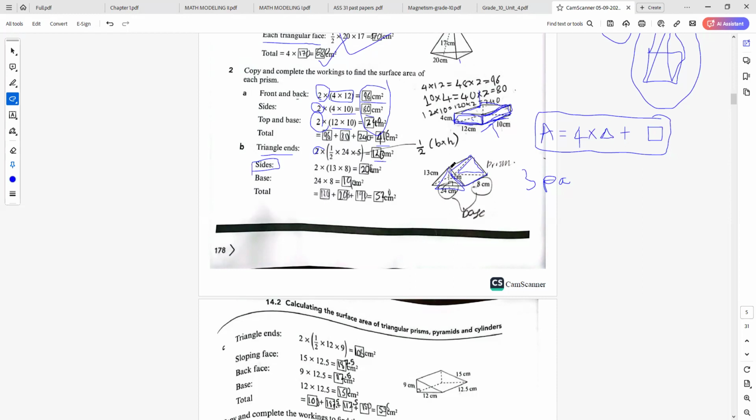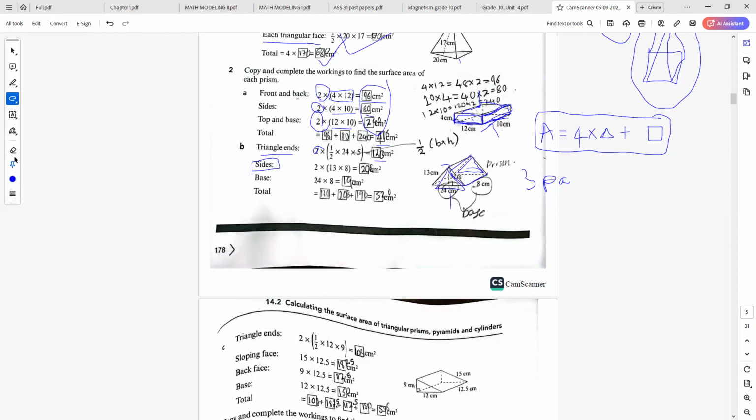Now, if you look at this triangle, this is not isosceles because this is not the same. This is 13. Now this is a scalene triangle, so we have three different lengths in the triangle. So the rectangles are not identical. So we have to find out the area of this rectangle and this rectangle separately. Then we have